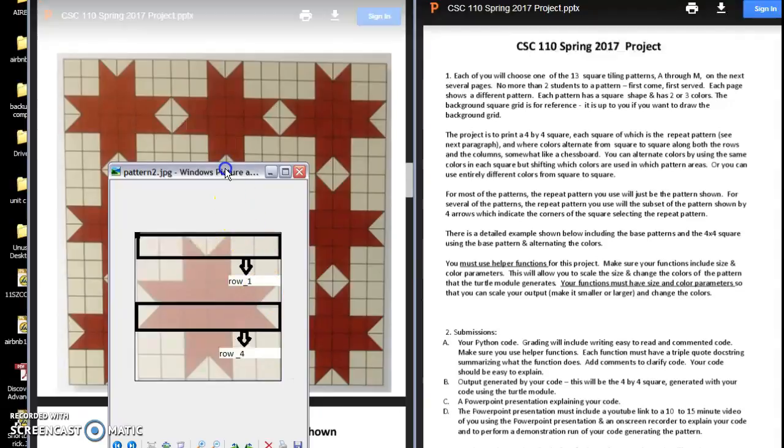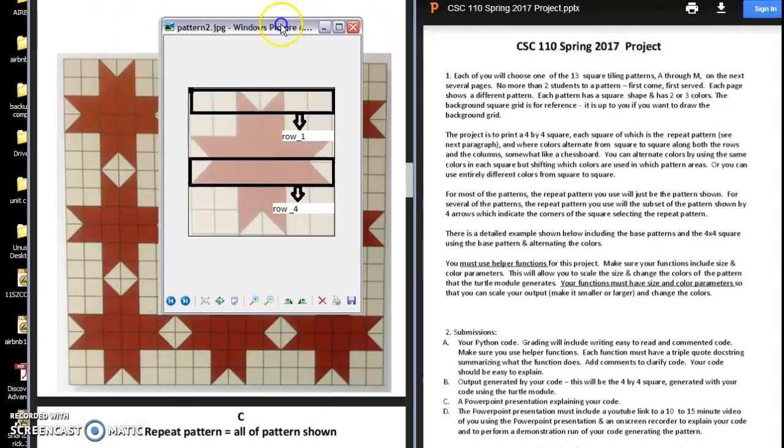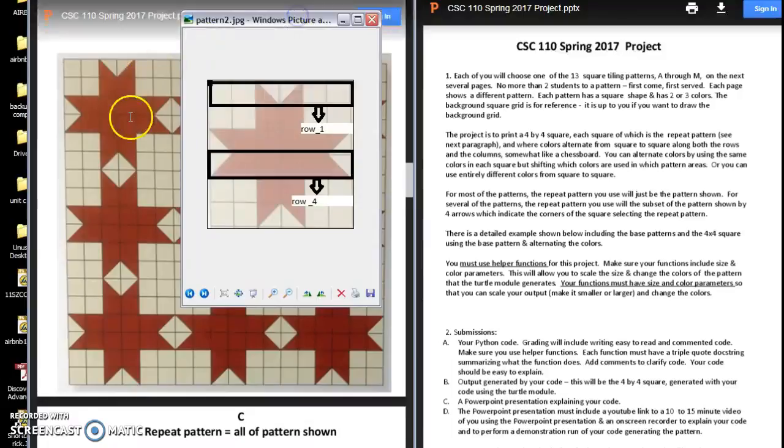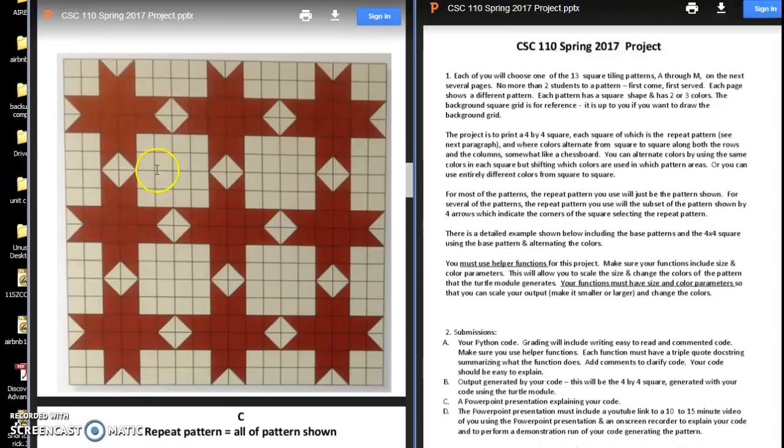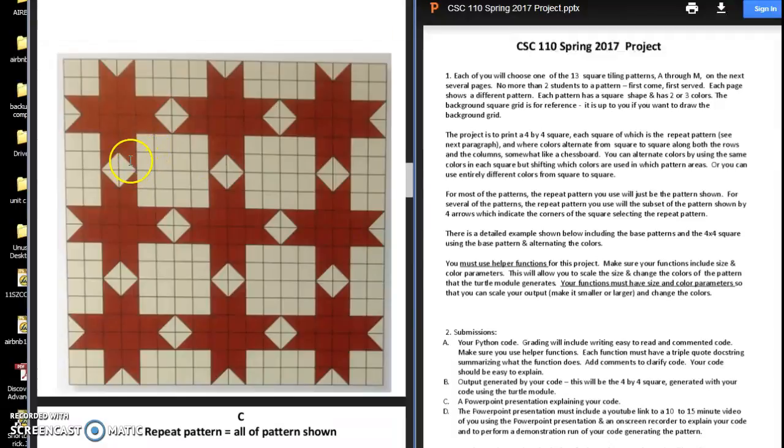Sorry, it's a little bit translucent, but the idea is to take one of those patterns and duplicate it. As you notice, they're congruent shapes that are going by a 3 by 3 row. In this project, we're going to make it go 4 by 4. And so we need to make sure that the dimensions are going to be correct, as well as the color